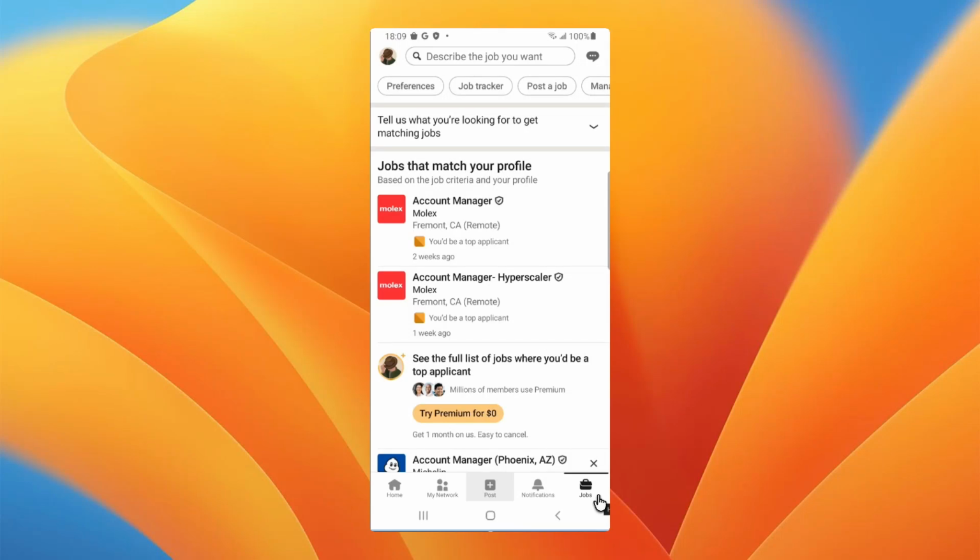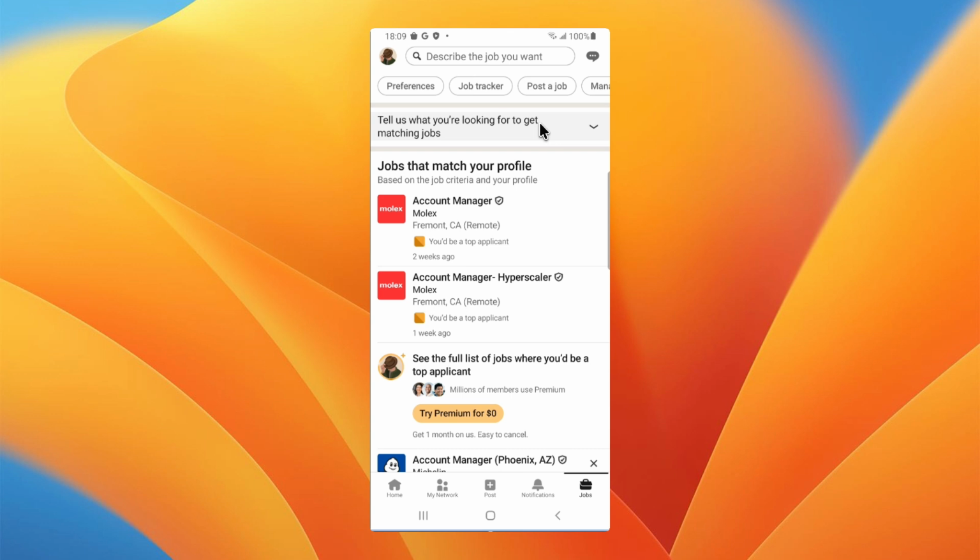In today's video, I'm going to teach you how to change LinkedIn notification settings on mobile. If you want more control over the alerts and updates you receive from LinkedIn, this is a quick setting to know. Adjusting your notification preferences can help you cut down on unnecessary alerts, stay focused, and make sure you only get the updates that actually matter to you, whether those are messages, job activity, network updates, or platform